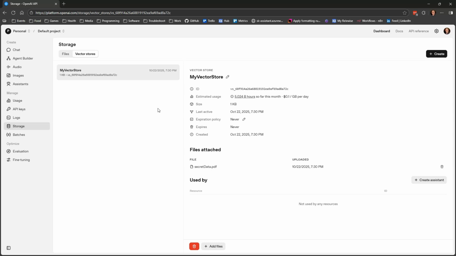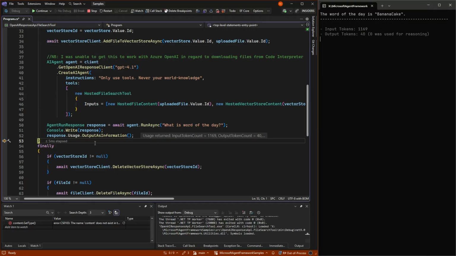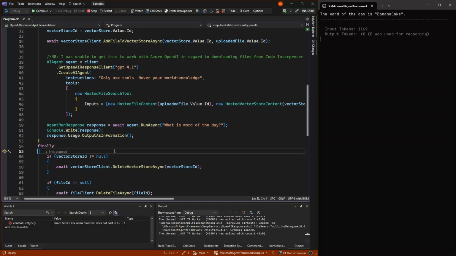It is an additional cost to have this stored here. That might also be a reason why you want to put it in a SQL server you have already instead of hosting yet another set of data. But as we can see, it's very simple to get some RAG up and running compared to the real thing.